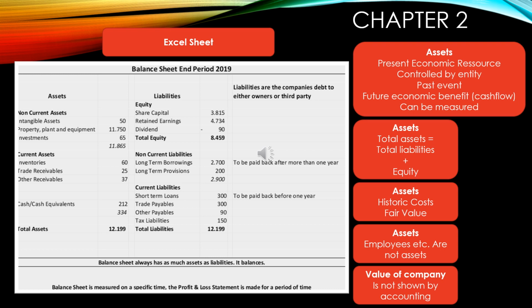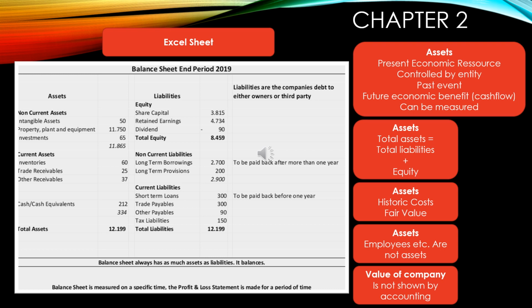I hope you remember the accounting example in the Excel sheet that we've been using throughout classes. Because in chapter 2, the balance sheet is shown. The balance sheet is about assets, and to have an asset, we need to have a present economic resource that is controlled by the entity as a result of a past event, i.e., they bought it. They now own it. And it is a car, so it's a present economic resource. It has a future economic benefit. The car can be sold in the future, or we can use the car